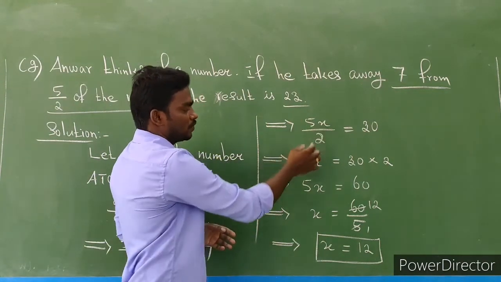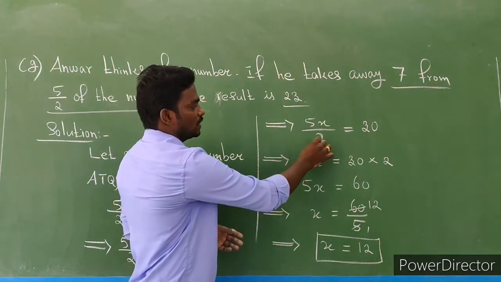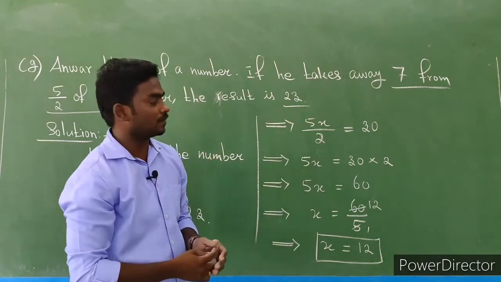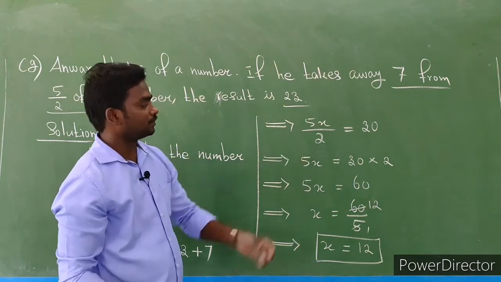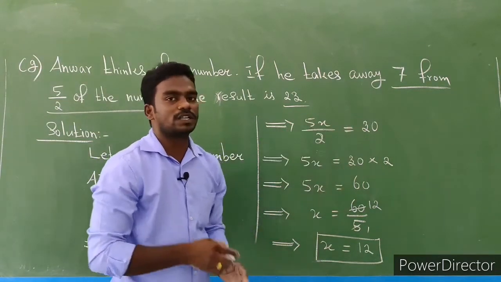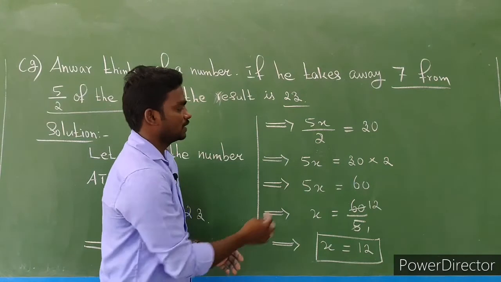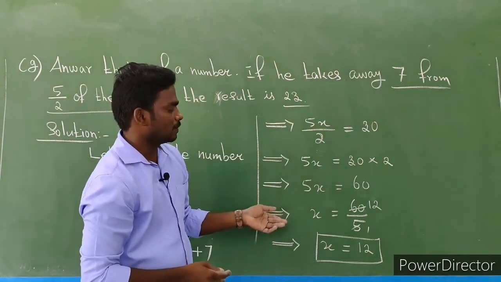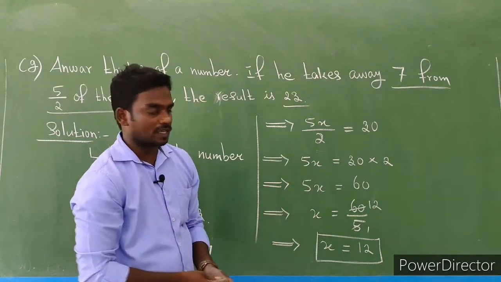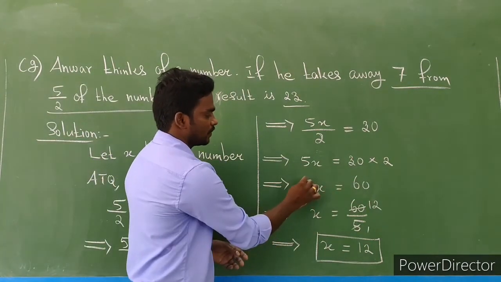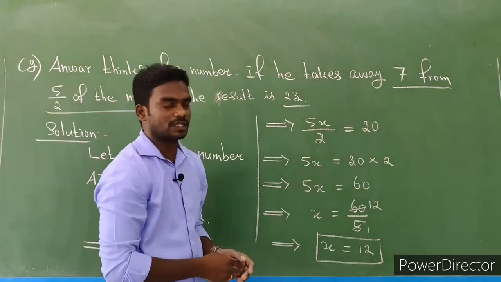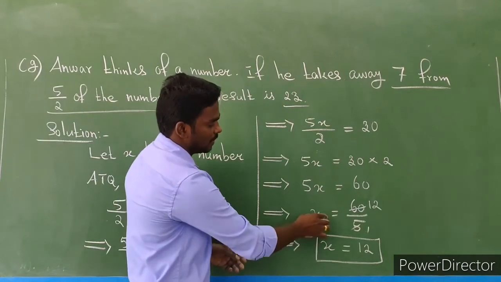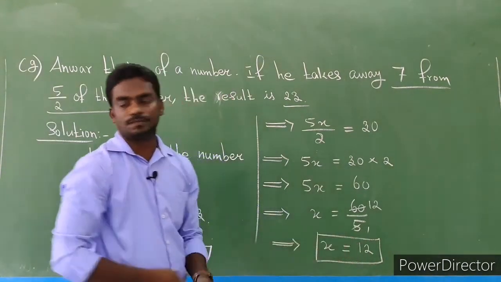Now we keep the value 5x on the left side. So this 2 is division on the left side, which transposes to multiplication on the right side. Implies that 5x is equal to 30 into 2, the value is 60. Implies that keep the value x on the left side and 60 on the right side. So this 5 transposes to division. Next, 1 5s are 5, 12 5s are 60. Implies that the value of x is equal to 12.